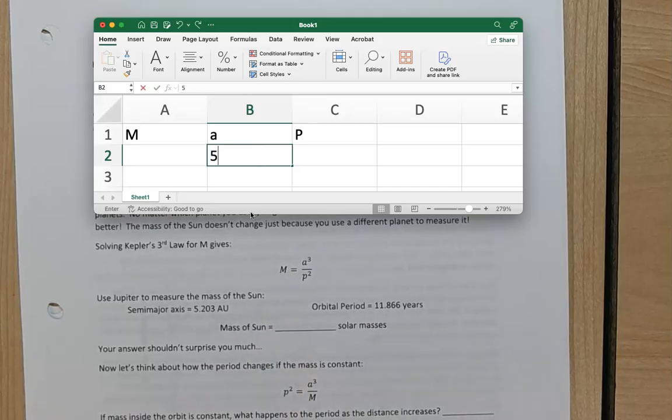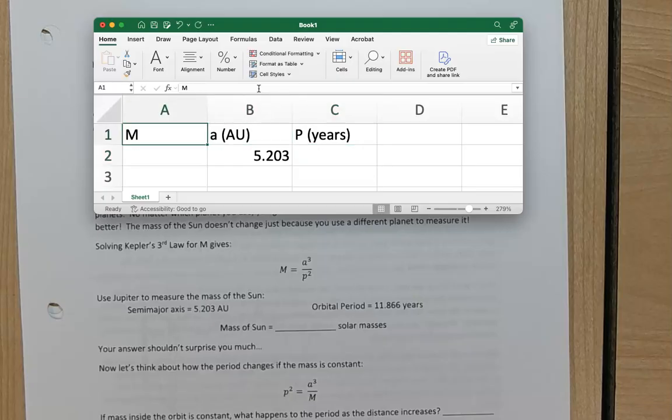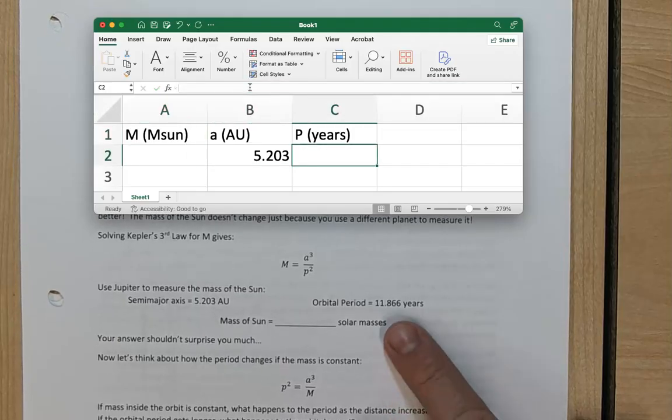So Jupiter orbits the sun at an average distance of 5.203 AU. Remember, this has to be in AU in order to work. The period of the orbit has to be in years, and then you measure the mass enclosed by that orbit in solar masses, right? Jupiter has an orbital period of